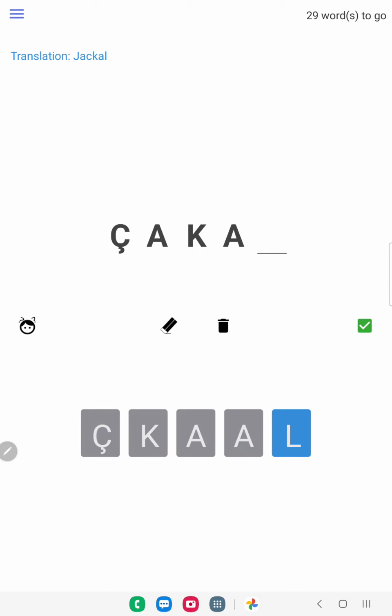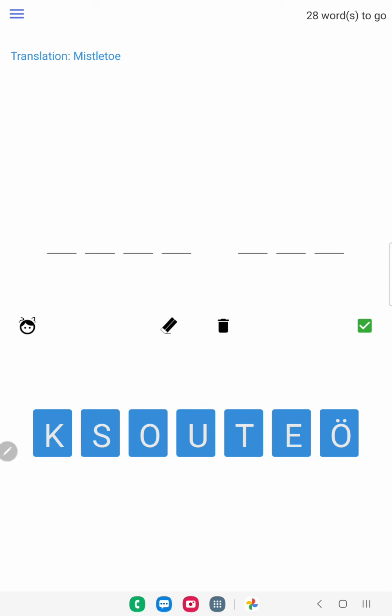Another one, Jackal. So I'll try and get this one right. I tried to get the last one right, but I forgot it. Çakal. That gives you it, and on to the next one. So again, it's quite a good little test for spelling as well as pronunciation. So go back again,